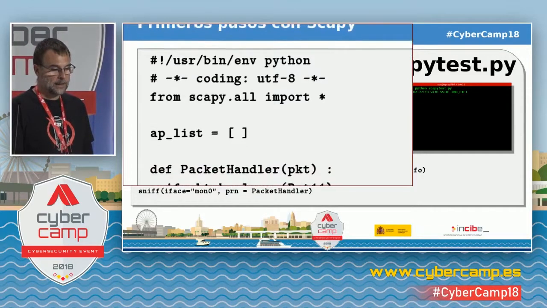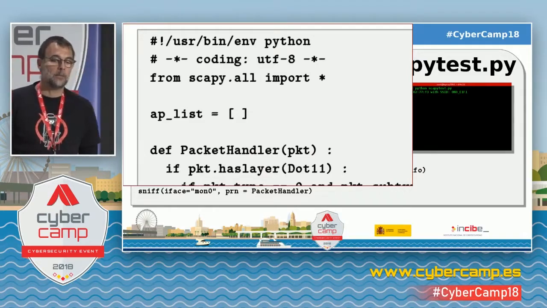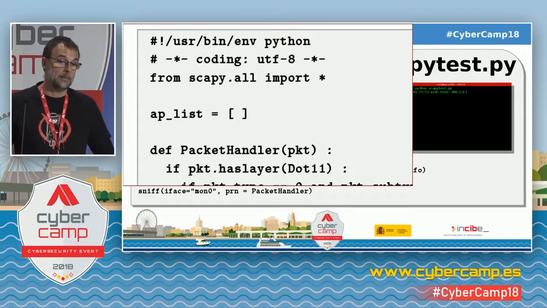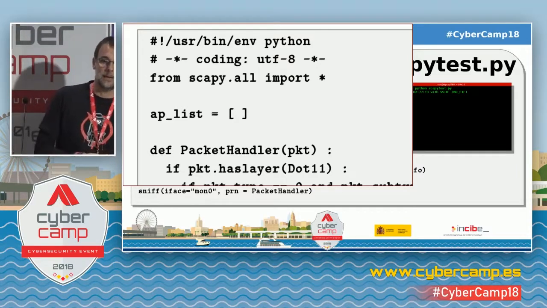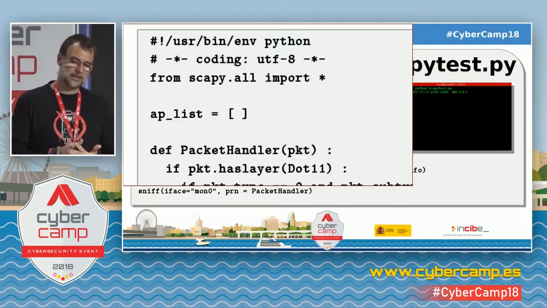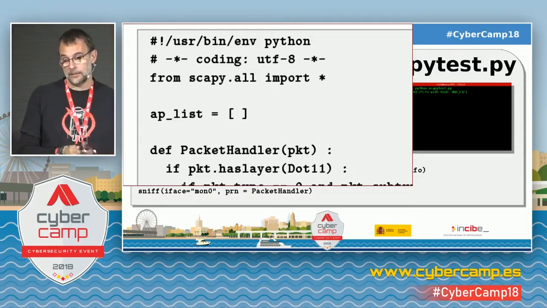My first program on Scapy then. Here we have the initial lines. The first one says this is a Python script. It tells me which Python version I'm using, 2.7 in my environment. And you need to use UTF coding,